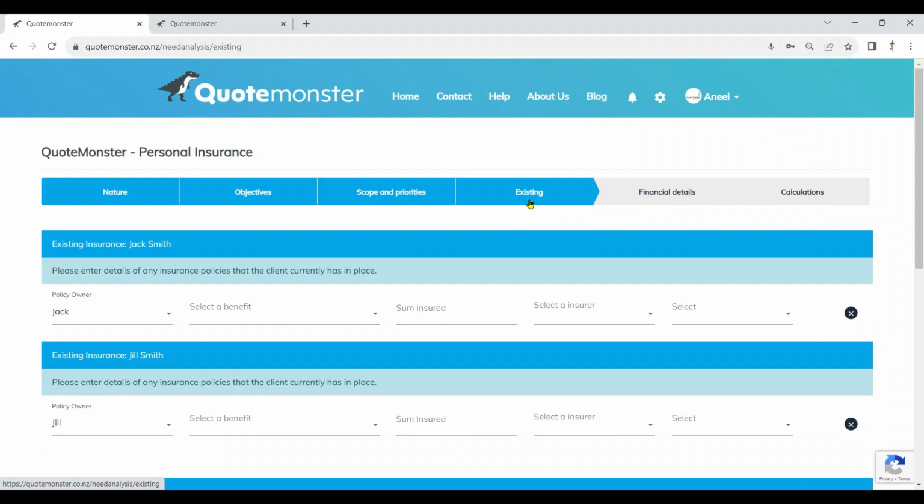So in this session we're going to look at the client's existing insurance cover, and the reason we're looking at the client's existing cover is that we're going to be able to make a recommendation in terms of how much cover the client should ideally have. So once we've gone through the nature of the advice, the objectives, scope and priorities, we then move to this